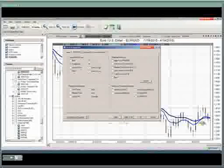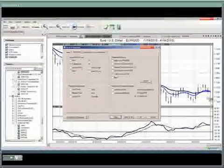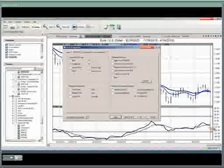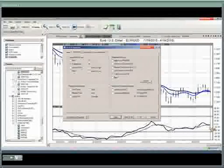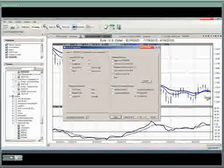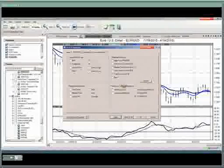Now let's have a look at the predicted true strength indicator from Vantage Point. What's it telling us? We can see that it's running completely flat along with the triple EMA crossover. So this is warning us that the Euro-US may not be the best currency pair to trade here today. And the reason I'm saying that is that we're looking for a clean signal. So here we have the short term in one direction, the long term and the medium term in another direction, and the predicted TSI running